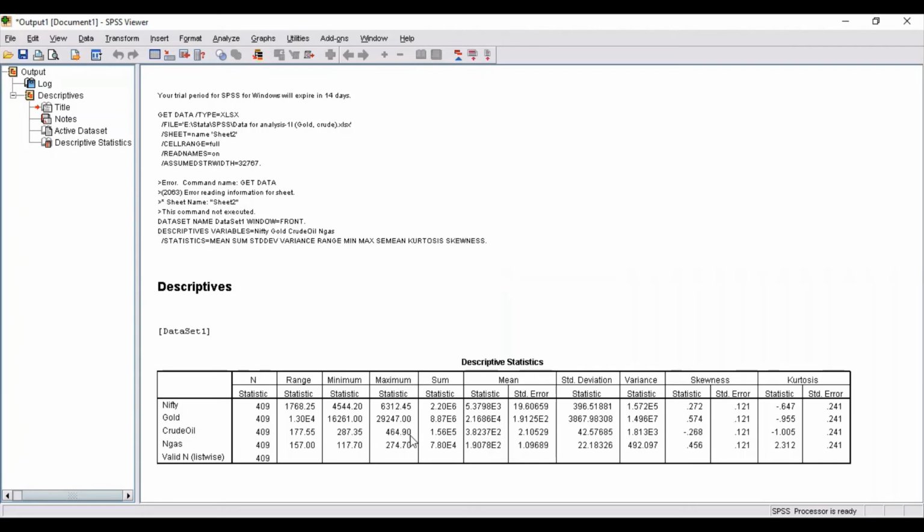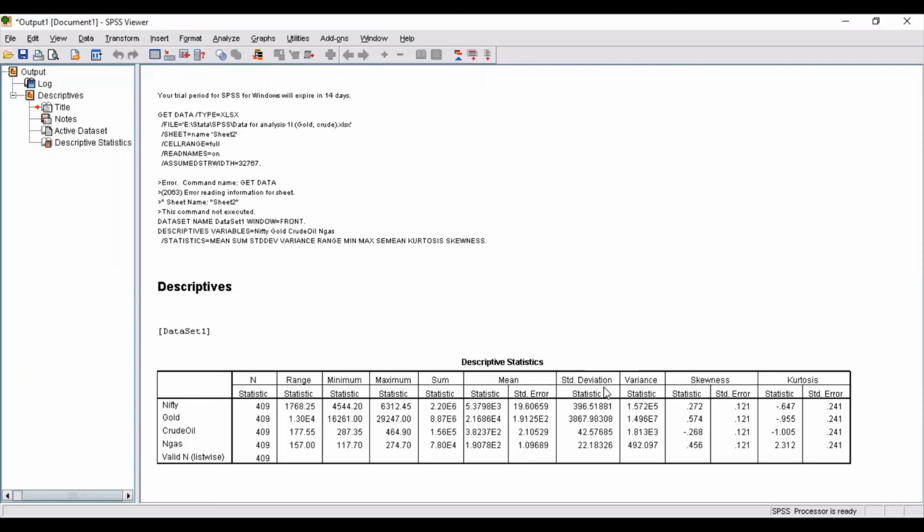Then there is maximum value, then summation of all the values, then the mean and standard error. Then standard deviation is obtained, variance, skewness, and kurtosis. So you can mention all these values in your report or research article if you want to show the descriptive statistics of the variables of your data set.